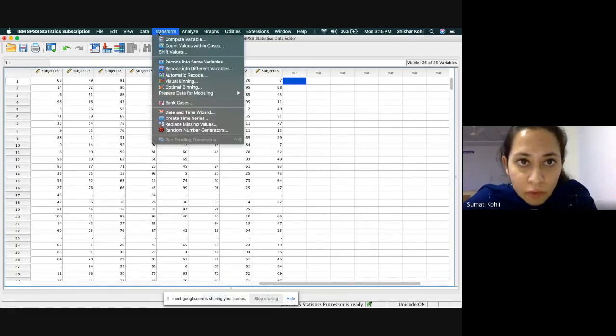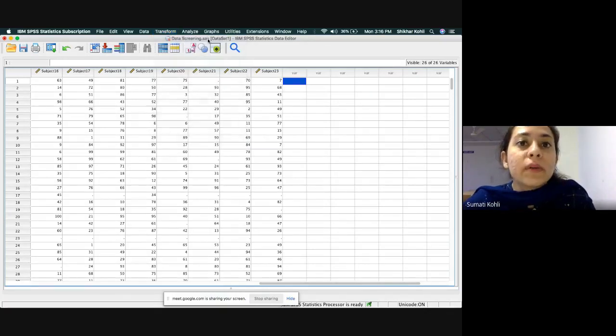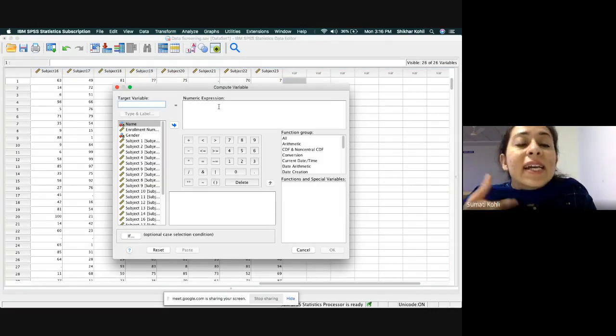You go to transform. Okay, this button that you guys can see on the top, it is called transform. Okay, so you go to this fifth button which is there, transform, and click on compute variable, because here what we are trying to do is we are trying to compute something, we are trying to calculate how much data is missing, right? So we click on compute variable because we are trying to compute how much data of the students is missing, right?